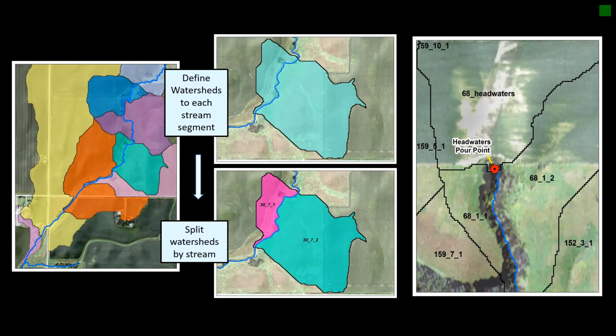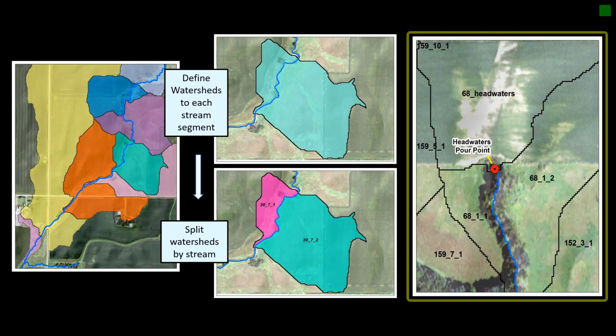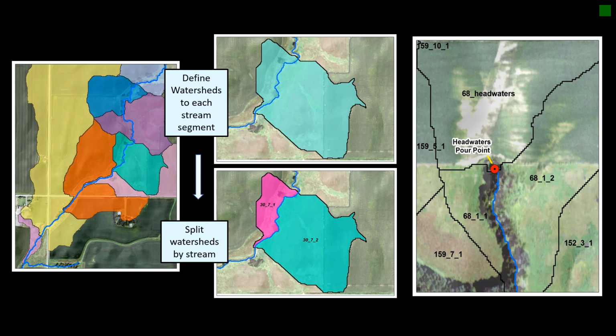Once the final segments have been defined, we will then delineate watersheds to each segment. Those watersheds are then split by the stream reach, giving a left and a right side to each riparian catchment. The remaining points represent the headwaters, and these are also delineated using the most upstream point of the first order streams. These headwater catchments often have a disproportionately larger contribution to the stream.